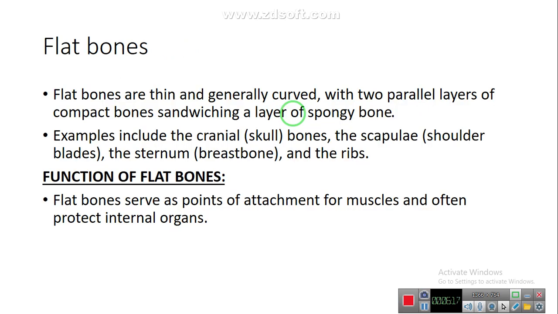Now flat bones. Flat bones are thin and generally curved, and they have two parallel layers of compact bone sandwiched between a layer of spongy bone. Examples include the cranial bones, the scapula, which is also known as the shoulder blades, the sternum, which is also known as the breastbone, and the ribs. The functions of the flat bones are that they provide points of attachment for the muscles, and they also protect the